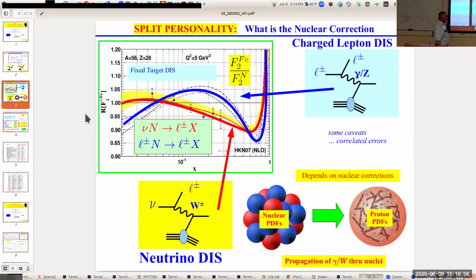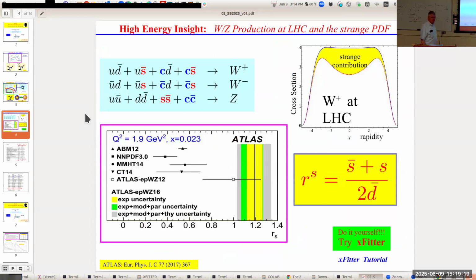But then when you do the nuclear corrections, this is the ratio, in this case, the upper left, of iron to an isoscalar result. We had the split personality problem, which seemed to suggest that the charged current W exchange and the neutral current photon exchange meant two different nuclear corrections. So that was an uncertainty we had to deal with. And then ATLAS came along, and we didn't have to do this on heavy targets anymore. We could do this on proton. And there we found the surprising result that basically the strange was twice as much as the down sea, which is